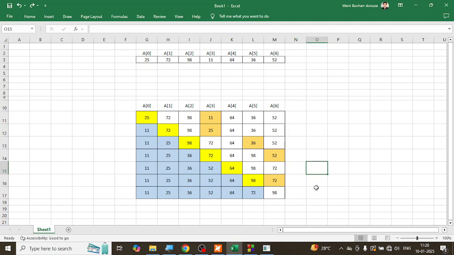So what are the things that are required as of now? I need a temporary location, temp, wherein I can swap this element. If I have to get this one, here I have to put it in a temporary location. I need this temporary location so that I can swap the element. So I want one temporary